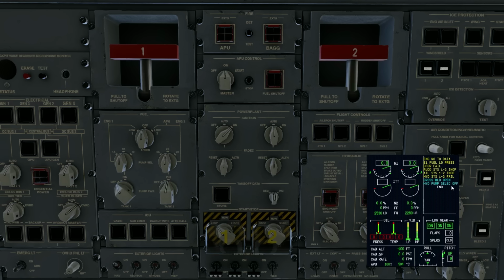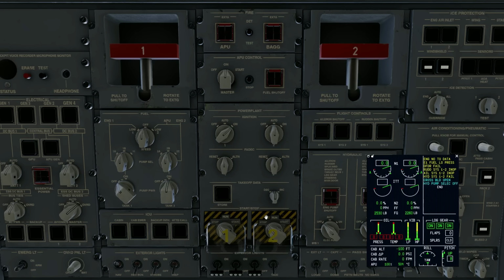Alright, so now on to the takeoff data section. So this is a very important one. You're going to interact with this panel every flight. And what it does is, just like in an FMS on other aircraft where you would set your takeoff temperature,